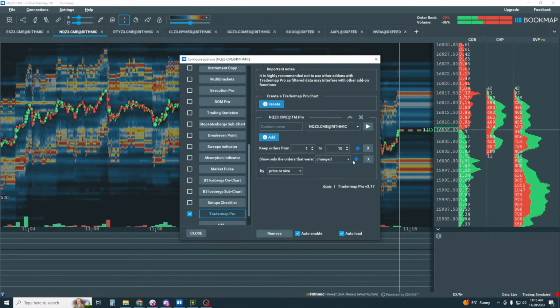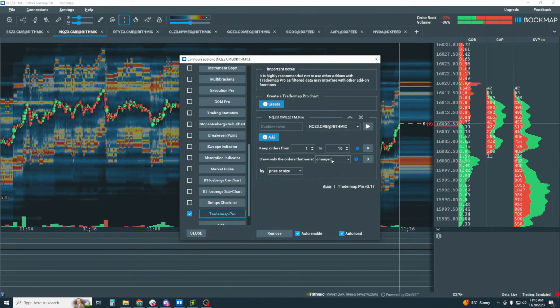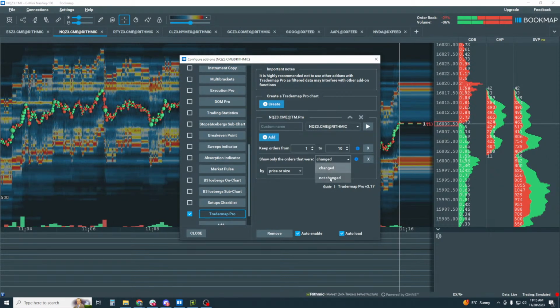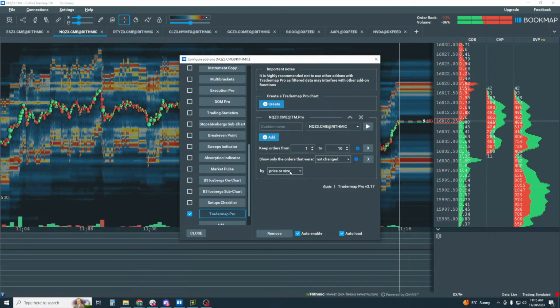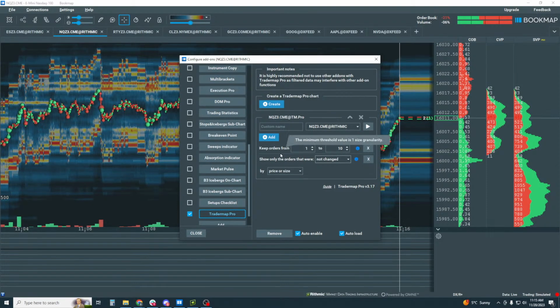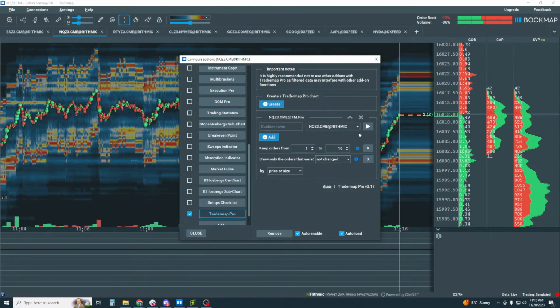Order change filter. Okay, changed by or not changed. So we're going to select not changed by price or size. Okay, so our filter in here is